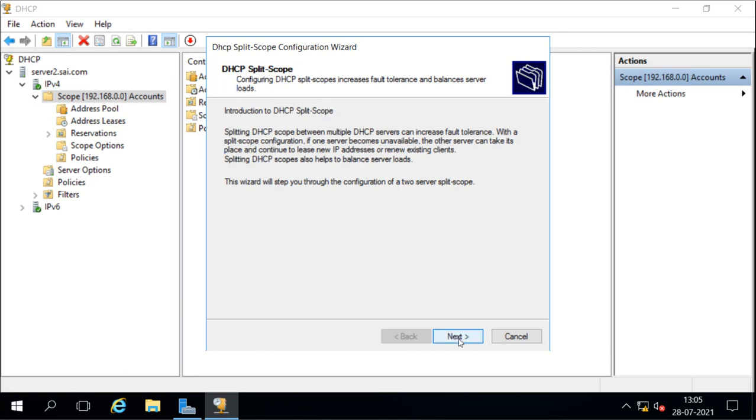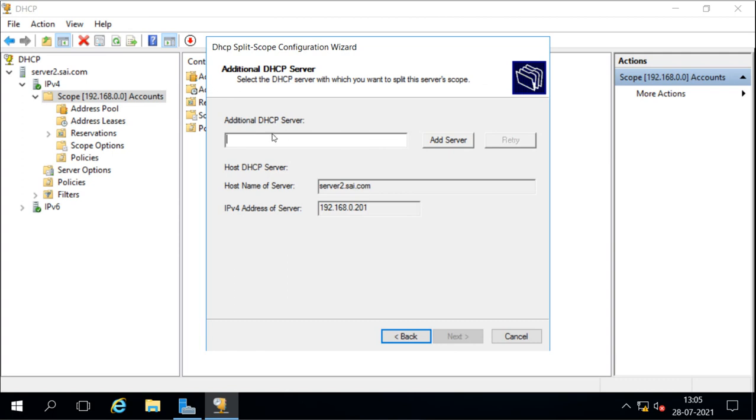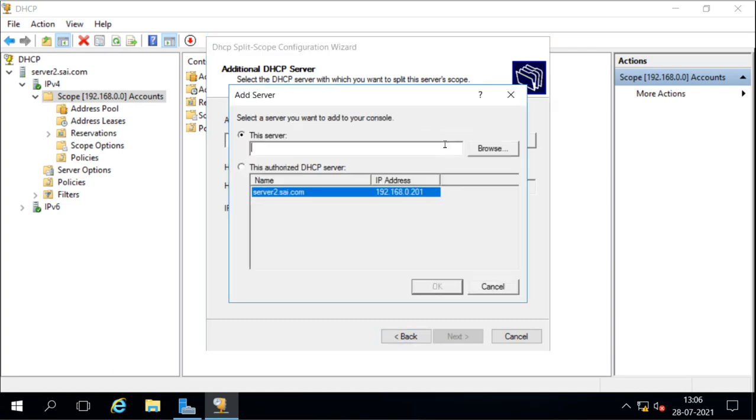We'll go next. Now it says add your partner server. The host server will be server 2. This will have the larger part of this split scope, and the other part is going to the other server. So you have to add the other server here. For adding the other server, you have to give the name of that server, or you can browse for it also.